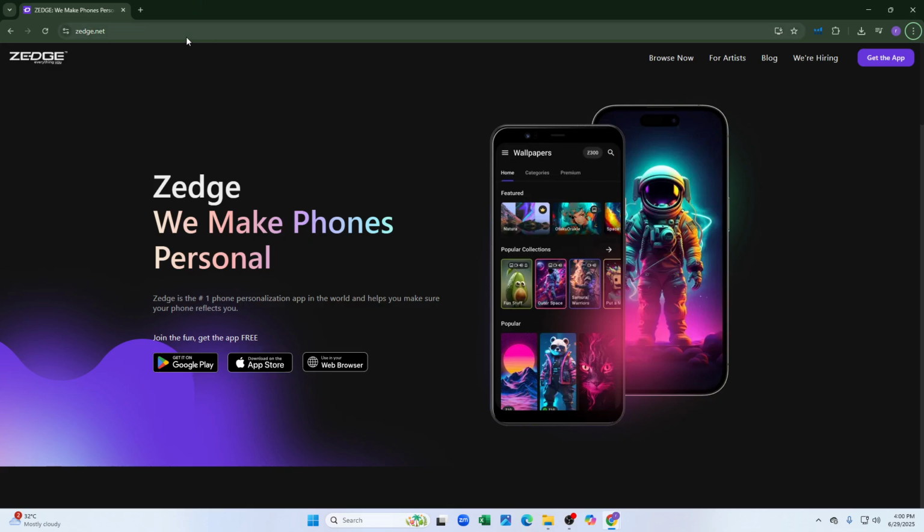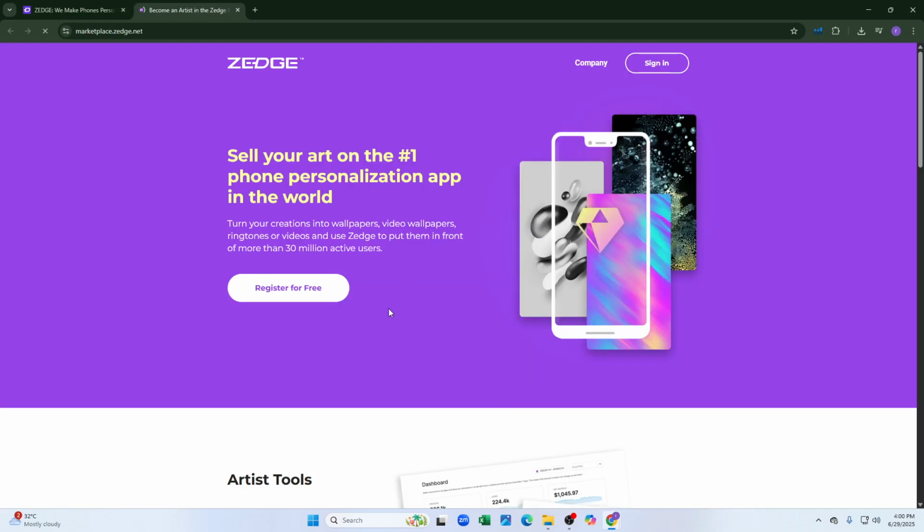So first of all, you need to open a new browsing tab and search for zedge.net. That's the official website of Zedge. And after that, you have to click on the for artist option from here. And after clicking on here, as you can see, sell your art on the number one phone personalization app in the world. You can just simply click on register for free,